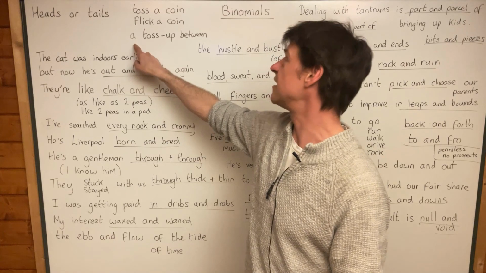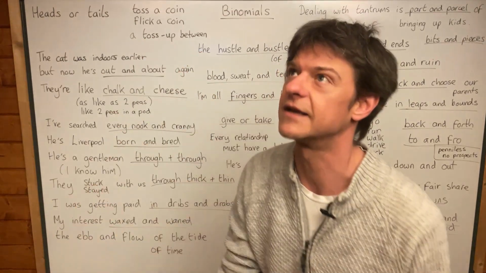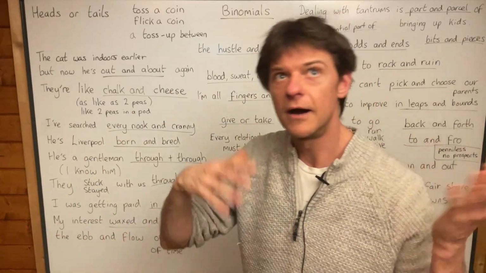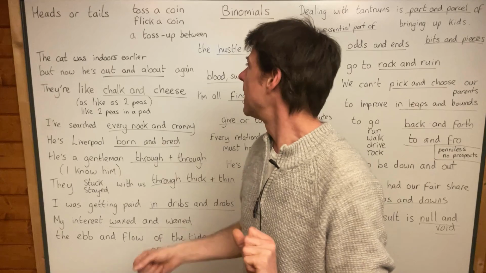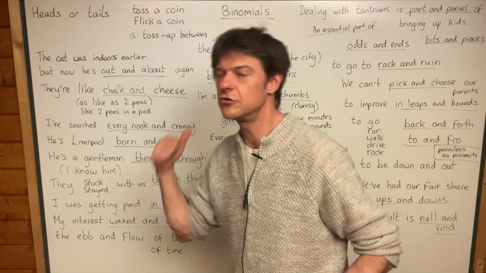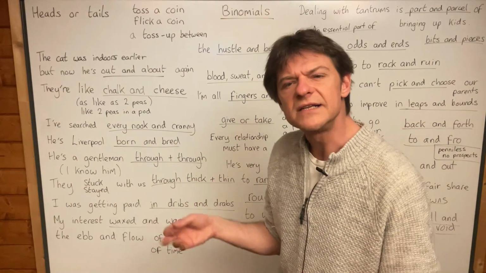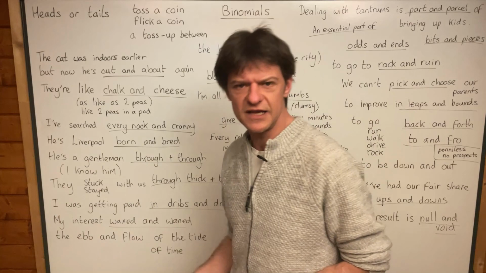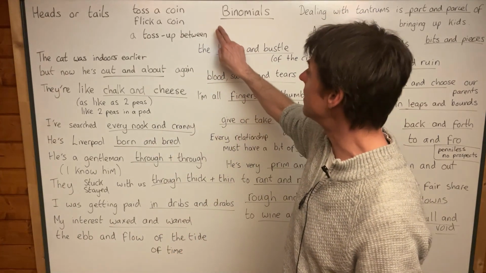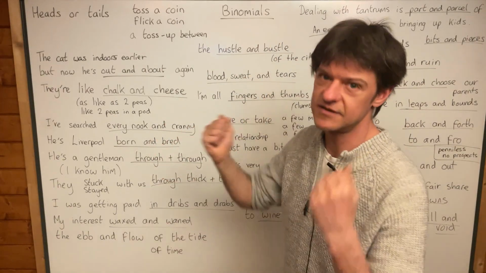And we also do have the expression, it's a toss-up between, and this is used metaphorically, when you've got two options that are equally desirable. Say, for example, you've got two options tonight, a Chinese restaurant or an Indian restaurant. You might say, what should we do tonight? It's a toss-up between a Chinese restaurant and an Indian restaurant, yeah?